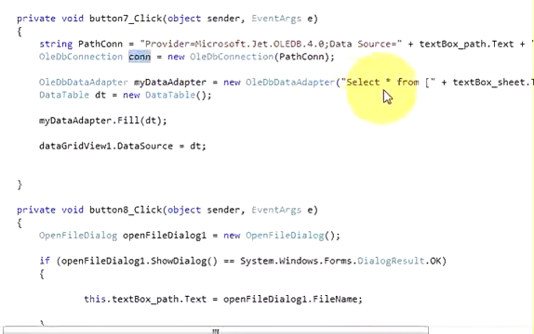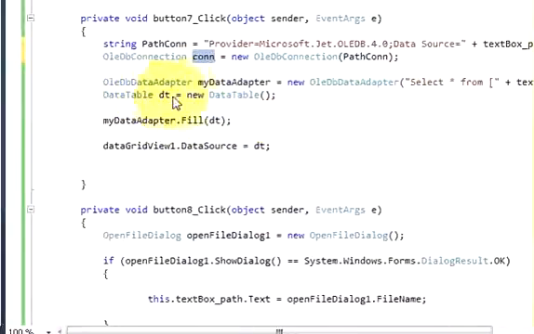Okay, and in the next line write DataTable dt is equal to new DataTable, bracket and bracket closed, and then write my data adapter, which is this data adapter, dot Fill(dt), which is this variable name, and then